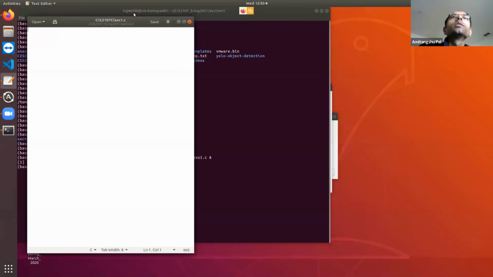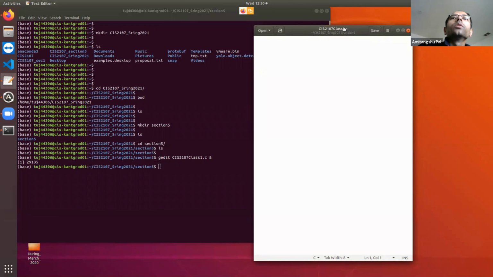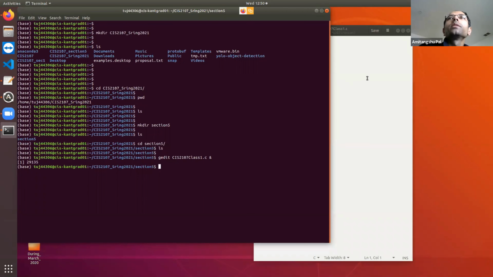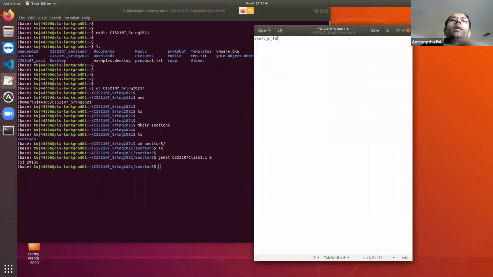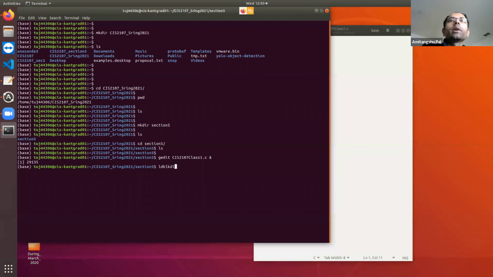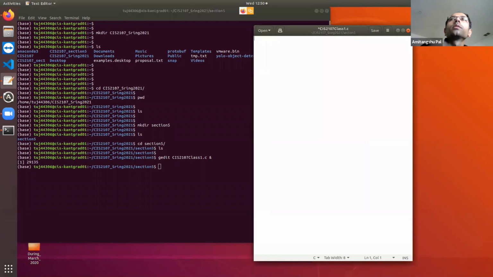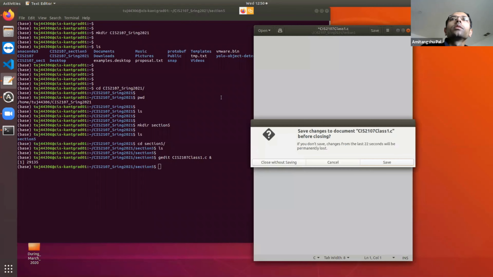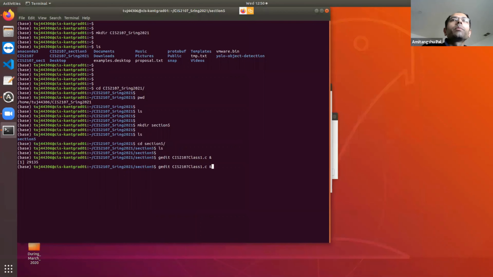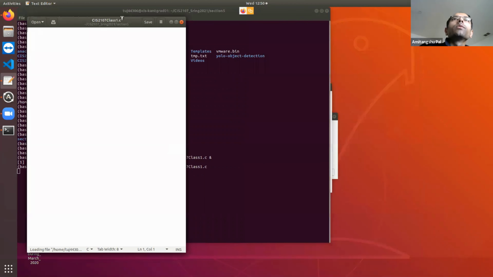Okay, so if I put ampersand, basically I can write over here. At the same time, I can write in the terminal in parallel. Okay, if you do not write ampersand, the file will open.